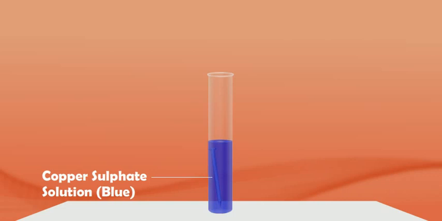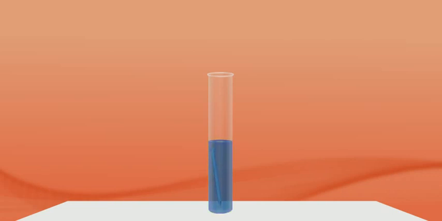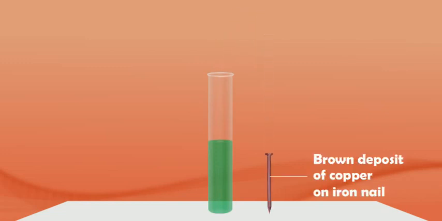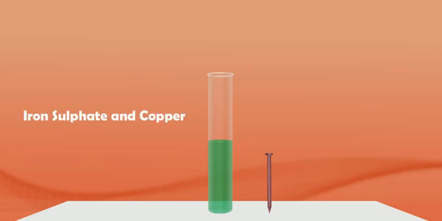We will see the blue color of copper sulfate solution fades gradually and ultimately changes to light green color, and a brown deposit or layer is formed on the iron nail. Take the nail out from the test tube to see the brown deposit on it clearly. These changes are due to a chemical reaction between copper sulfate solution and iron nail, which produces two new substances, iron sulfate and copper. The formation of green-colored substance, iron sulfate, makes the solution green, and the formation of copper metal deposits a brown layer on the iron nail.